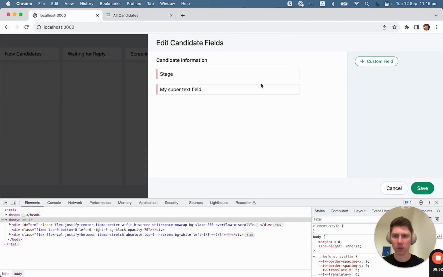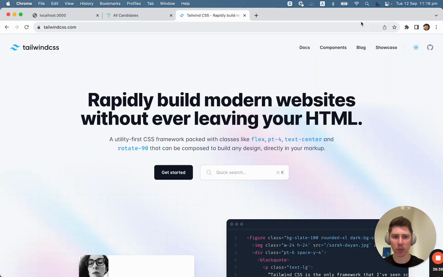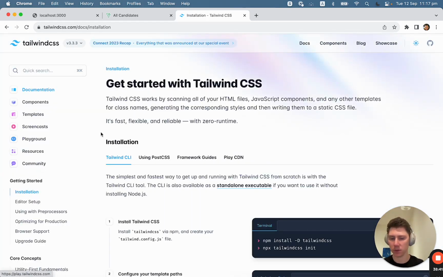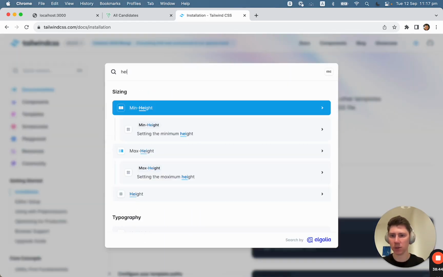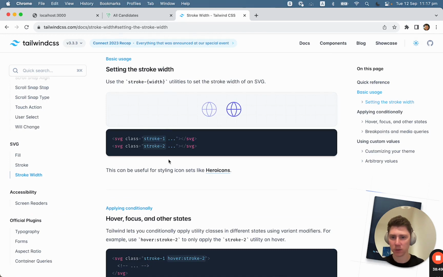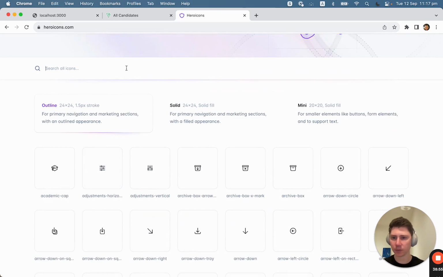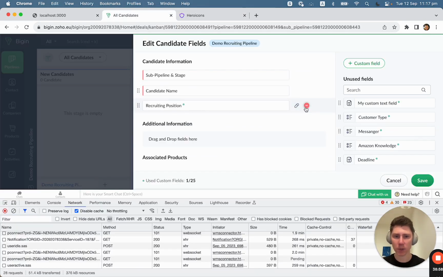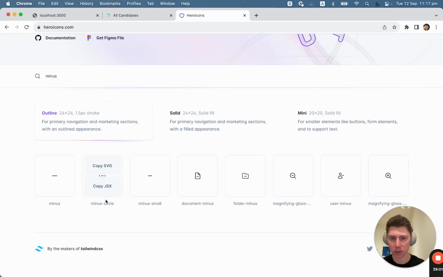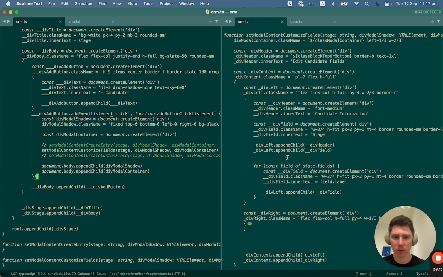Right. So I remember Tailwind had some icons. I guess they are called Heroicons. Yeah, heroicons.com. They should have a minus, like this one. Minus circle. Let's put this guy. Let's put it